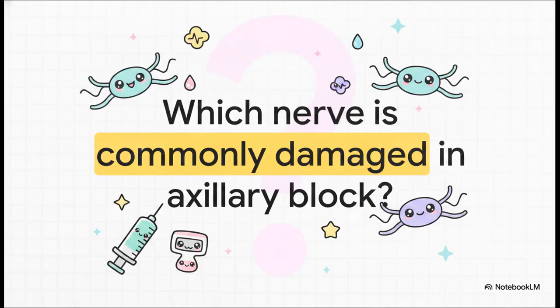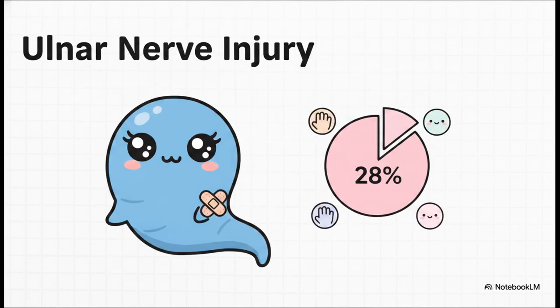Moving right along to question 40. Which of the following nerves is most commonly damaged in an axillary nerve block? Are we looking at the ulnar nerve, median nerve, radial nerve, musculocutaneous nerve, or the brachial plexus? It's A, the ulnar nerve. This is a big one to remember. Out of all the terminal nerves in that bundle, the ulnar nerve carries a massive 28% incidence of iatrogenic needle